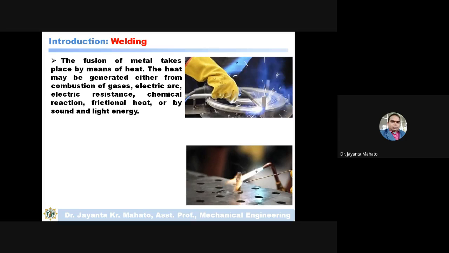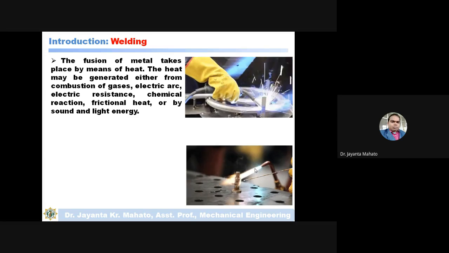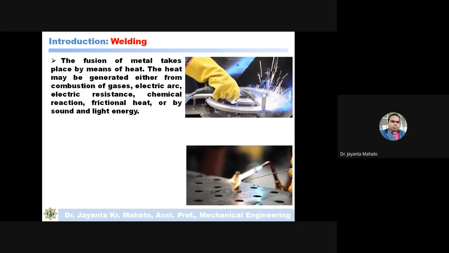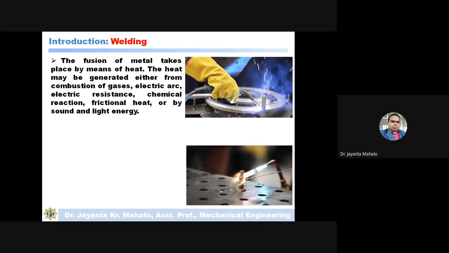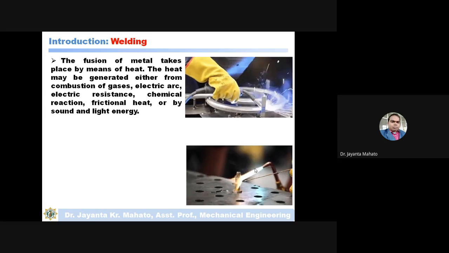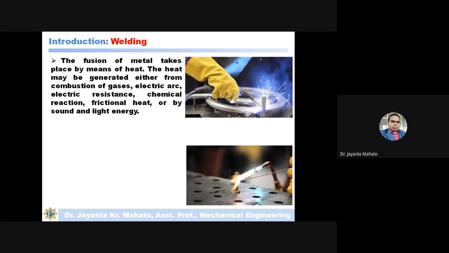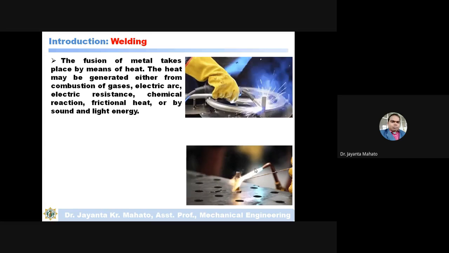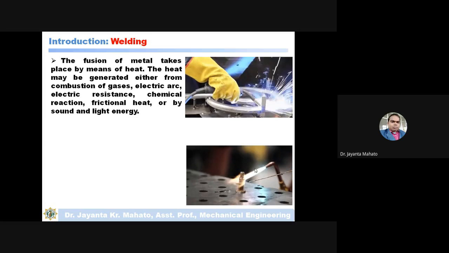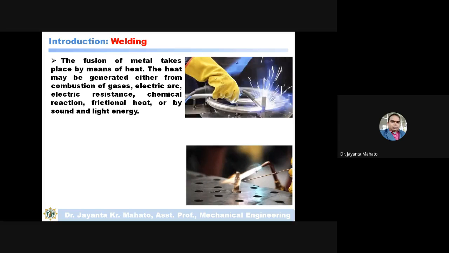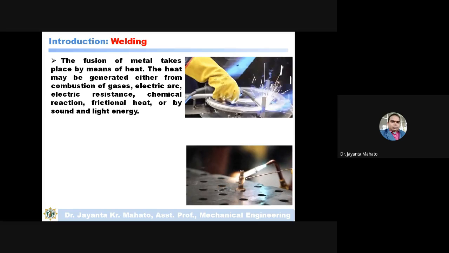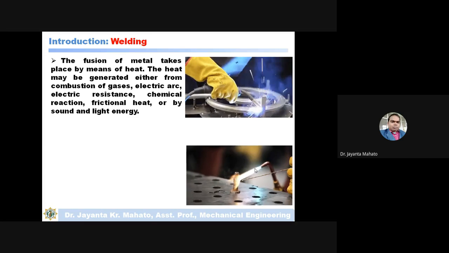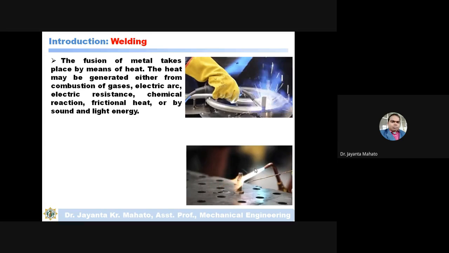Okay, so this is a fusion of metal that takes place by means of heat. The heat may be generated either from combustion of gases, like oxygen and acetylene, or from an electric arc. So electric arc means from electric sources, making a difference in electric potential, electric resistance, chemical reactions, or frictional heat. Frictional means